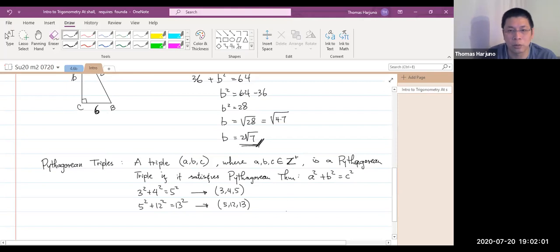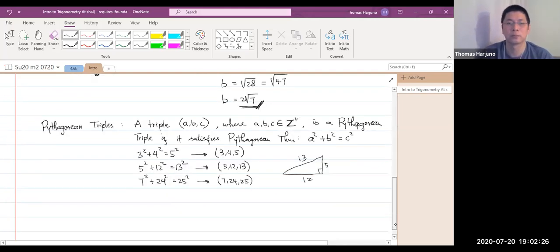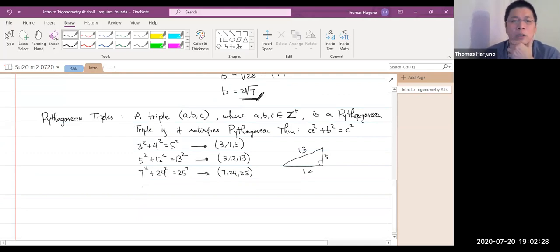So you can imagine if this is 5, this is 12, this is 13. The others, we have 7 squared plus 24 squared equals 25 squared. So 7, 24, 25 is a triple. I think there's another one. Hold on. 8 squared plus